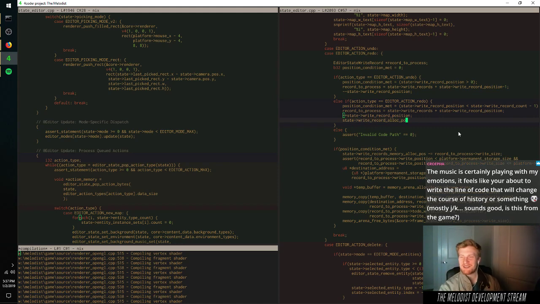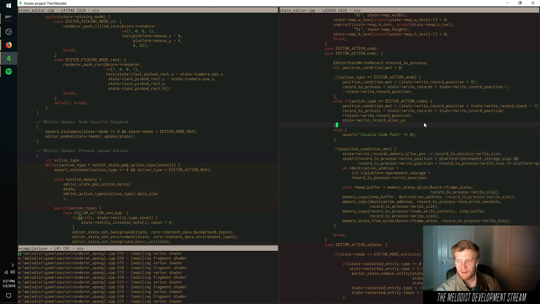The music is certainly playing with my emotions. Feels like you're about to write the line of code that will change the course of history or something. That'd be pretty cool. I don't think it's the case, but you know, it's nice to think about. Is this from the game? No, it's not. This is a song